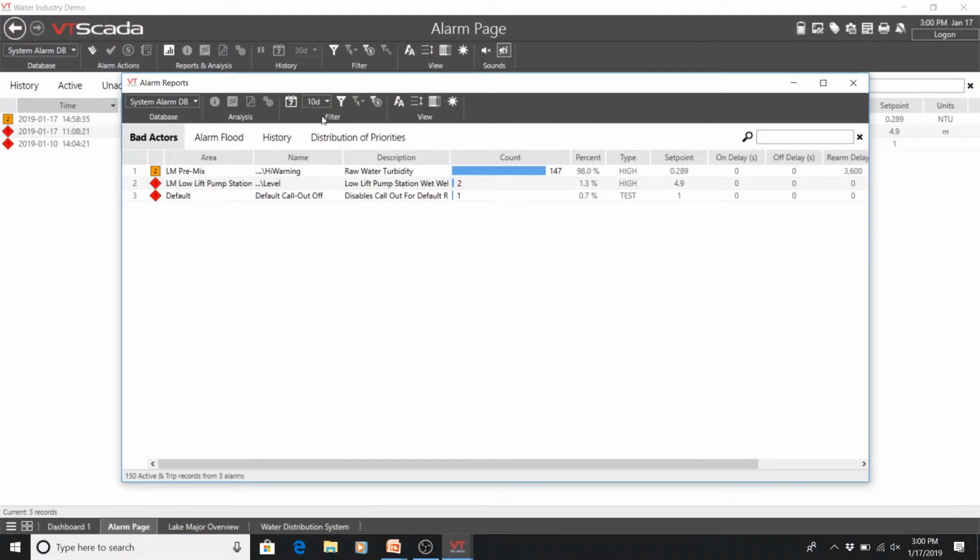The second one there is actually a wet well high level. It's been off twice, and then you have the disabled call-out. But it also tells me what percentage of time. So again, if I'm walking into a typical plant, what did it say? 900 alarms is average in a day. Most of those being, hopefully, not high or critical. They're like warning or notice.